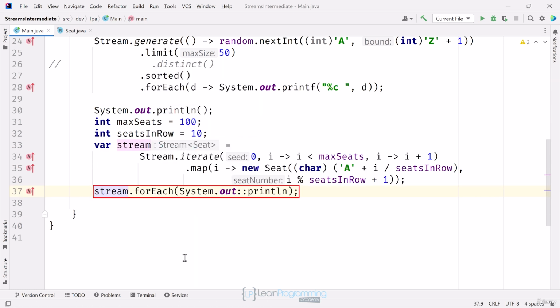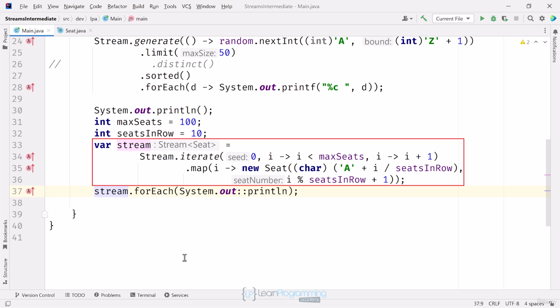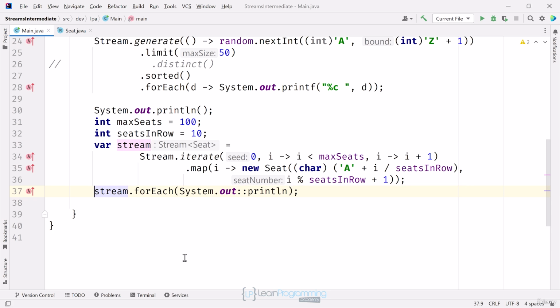Okay, so I purposely wanted my terminal operation as a separate statement. This lets me demonstrate a couple of things using IntelliJ's inlay hints. You can see my local stream variable's type has been inferred to be a stream of seat there. In the code I'm showing you here, I start out with a stream of integers, which then becomes a stream of theatre seats. If I run this,